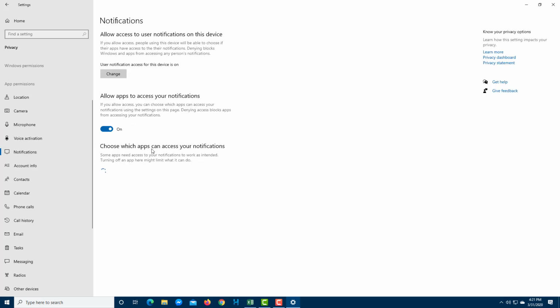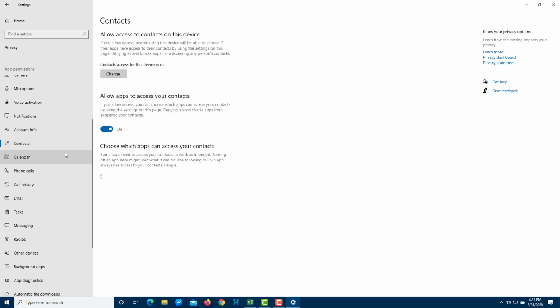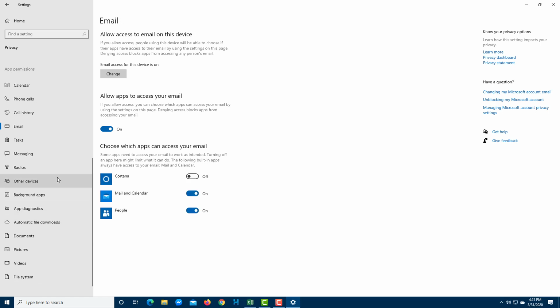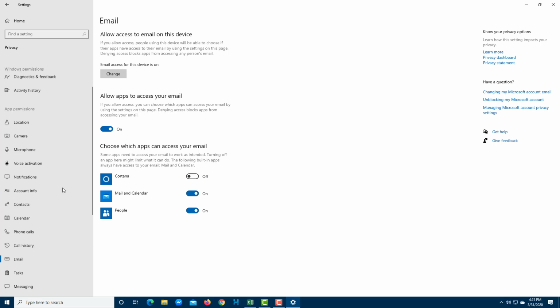Same goes for the notification. You can turn on and off notification for each and every app that you have. Also for the account information, you can let the app access the account information. You can let the app access the calendar, phone calls, call history, email, and so forth. So just like that, you can let the app access or not access each and every one of this information right here. So that is how you work around with letting the applications access the